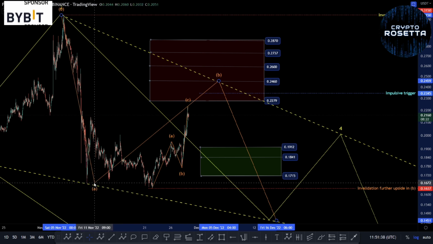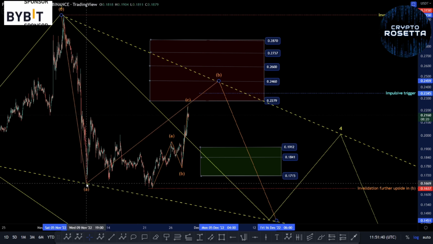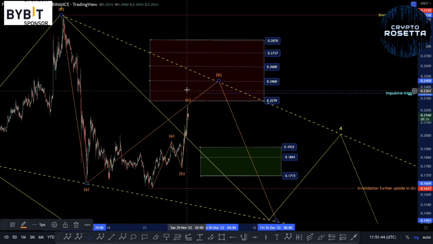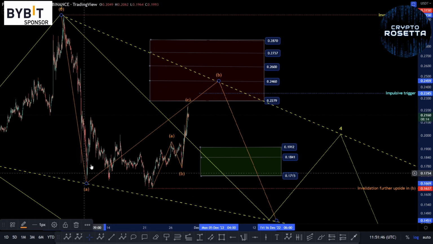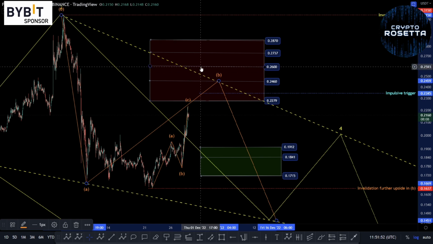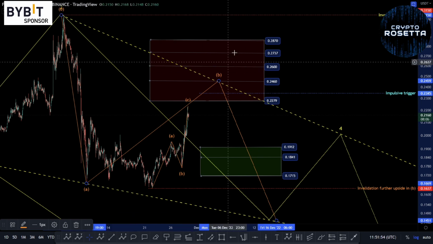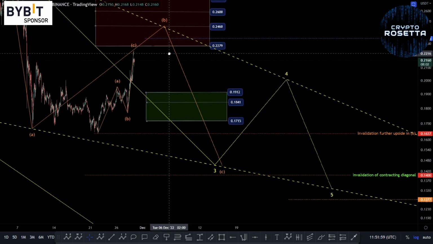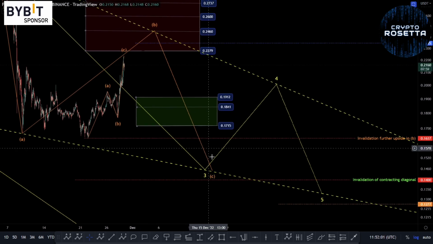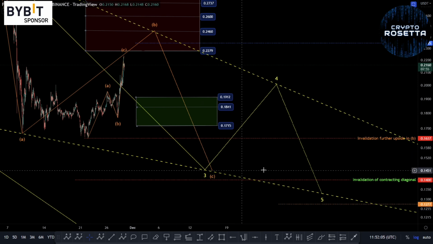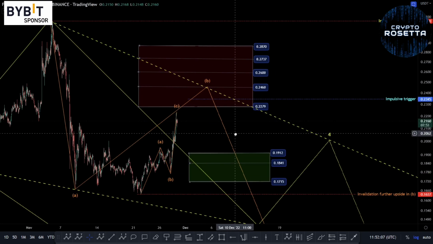So did we break the low? Yeah, we broke the low. Yeah, so it could be like some of the other coins are displaying the potential for having an expanding flat in here, and then that would be looking to target out. Well, once this completes, then it would be looking to reverse down for another 5-wave move. That would take us higher, potentially, if that happens, which would mean that it might pull this 1-to-1 of the C wave up above this red line, and then that would actually make more sense.